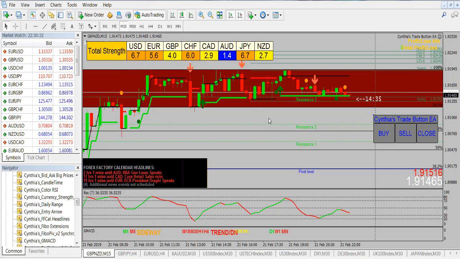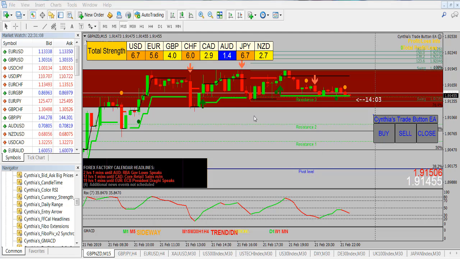If I wanted to swing trade the pound New Zealand or any other pair, if the daily candle is showing a trend, you still have to jump down to the lower time frames to see what the consolidation is. This is in a long consolidation period here, and what the pullback is. And the ideal pullback is usually around 50 to 68% Fibonacci level, so that would be right around the pivot